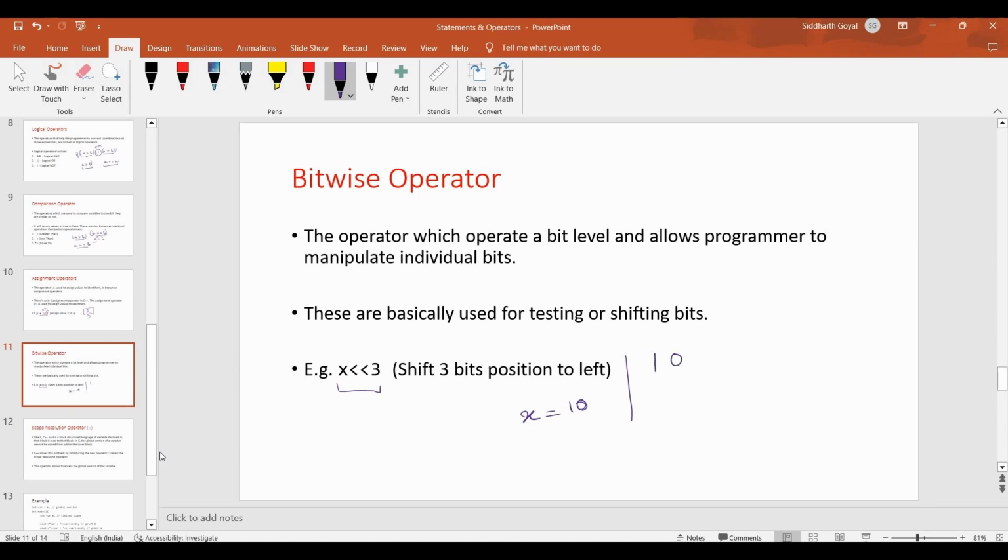The value of 10 is 1010, since computers think bitwise, right? So we are directly involving with the bits. Now what this statement is saying is, shift the bits left hand side three bits. Okay, for example, let's say it is,